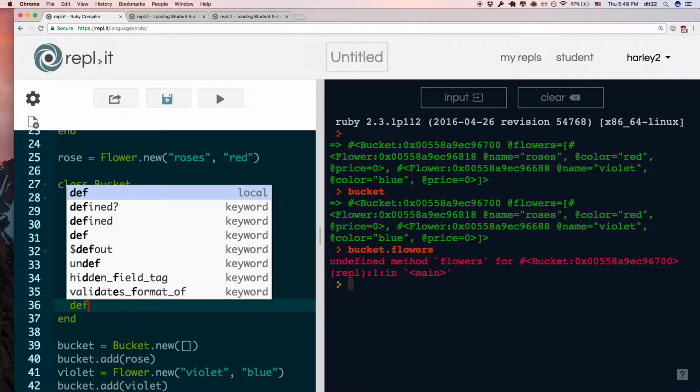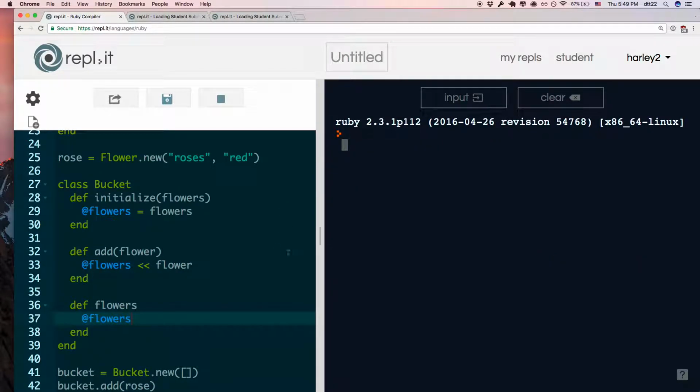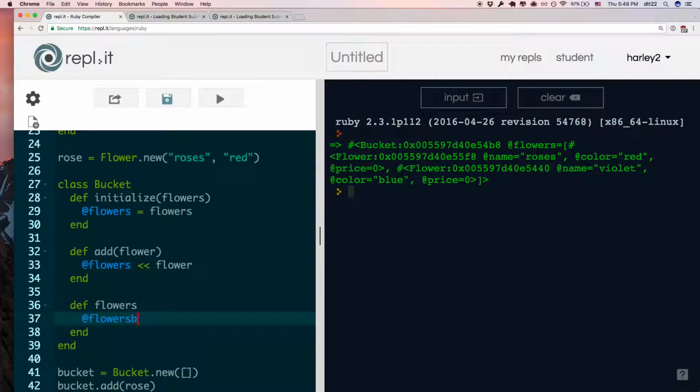If you know what you need, you define flowers. All right, Phương, tell me what should I put in here? Add flowers. Fantastic. So if I run this now, and I say bucket,